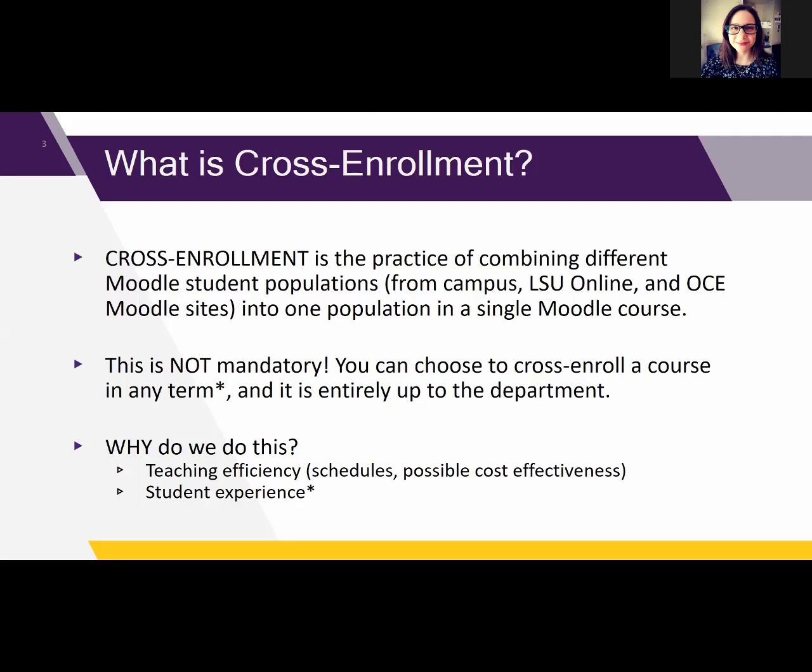So it's just taking those students that are in those Moodle courses and then popping them into one Moodle course so that it's one section that the instructor has to teach. This is not mandatory, so it's not something that you have to do. It's something that you might find beneficial. You can choose to cross-enroll in any term, except I have a little asterisk there because the second summer is